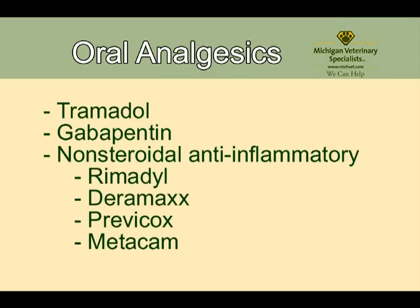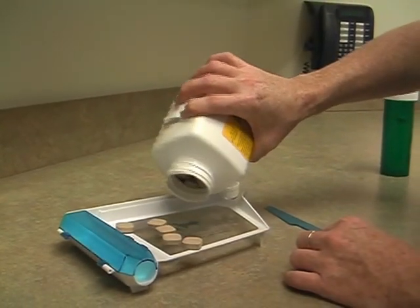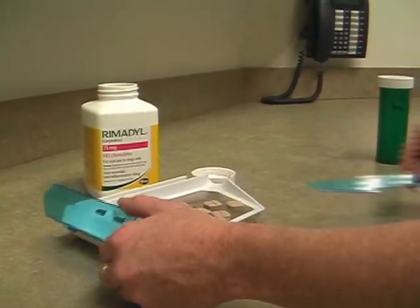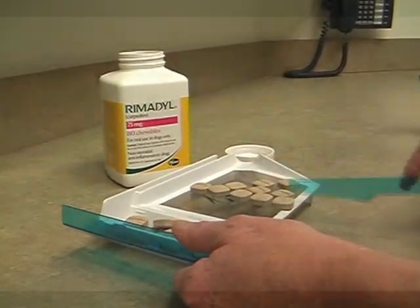A medication such as gabapentin may be prescribed to help block the amplification of pain within the spinal cord. A non-steroidal such as Rimadyl, Deramaxx, Previcox, or Metacam may be prescribed to reduce the inflammation in the operated elbow. Potential side effects of these drugs include a loss of appetite, vomiting, diarrhea, and dark-colored stools. If any of these side effects are noted, discontinue the medication and contact one of our doctors at Michigan Veterinary